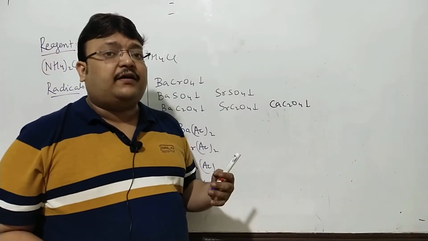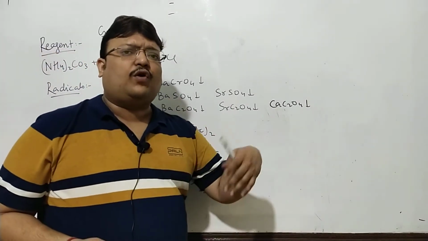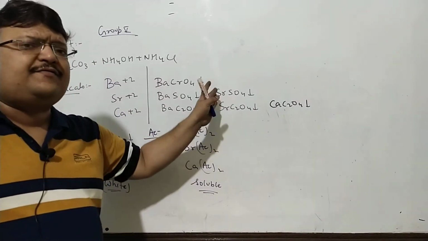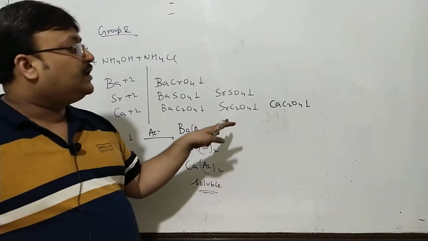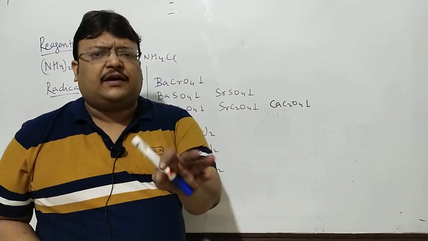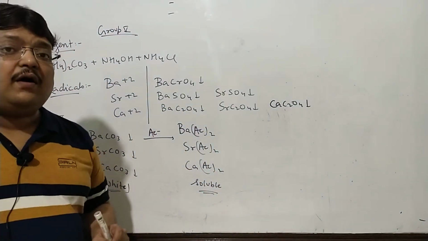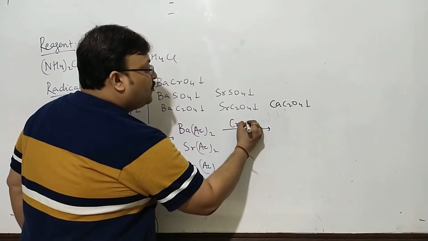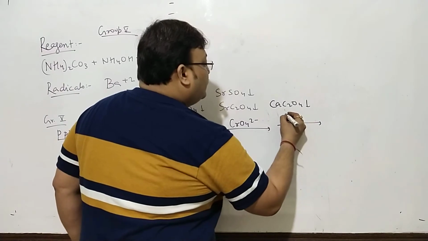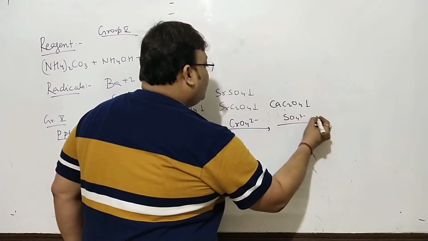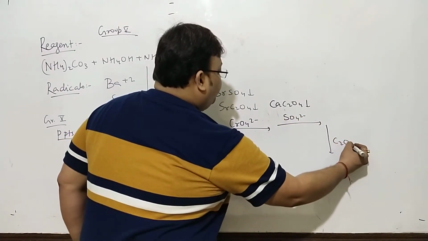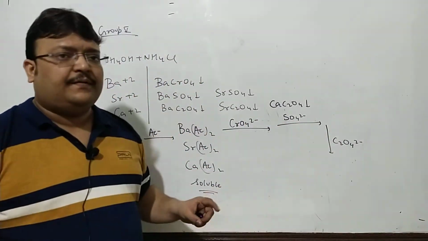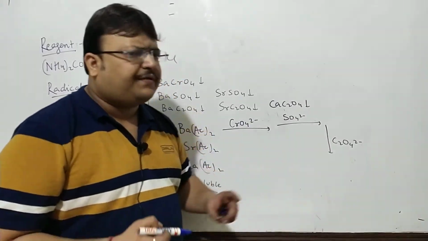Barium can be precipitated as chromate, sulfate or oxalate. Strontium is precipitated only as sulfate and oxalate. Strontium chromate is soluble. And calcium has only oxalate as a typical precipitate. Now you always add these 3 reagents in sequence: chromate, then sulfate, and then oxalate. Remember, you always add these three in a sequence: chromate, then sulfate, then oxalate.